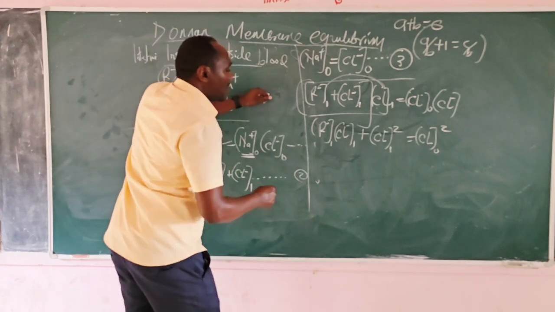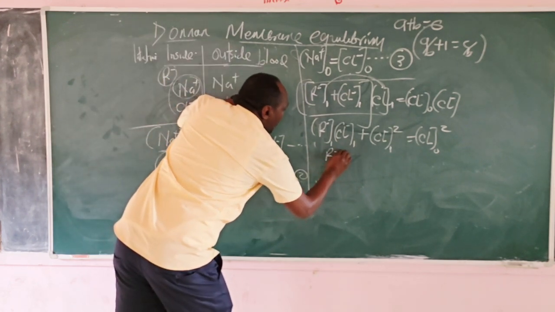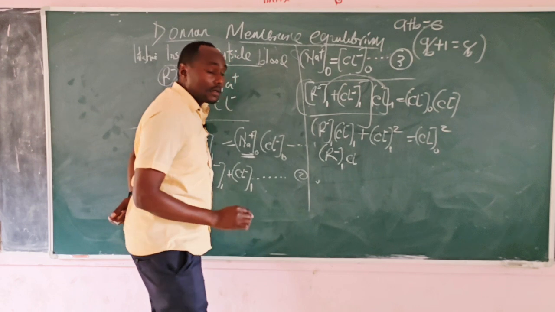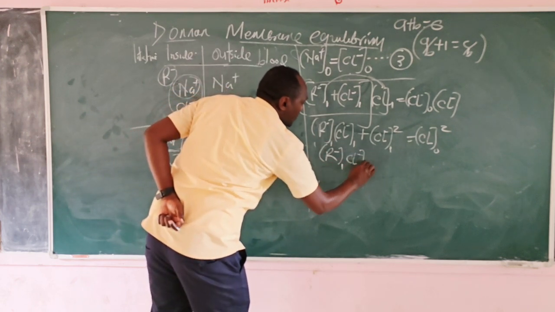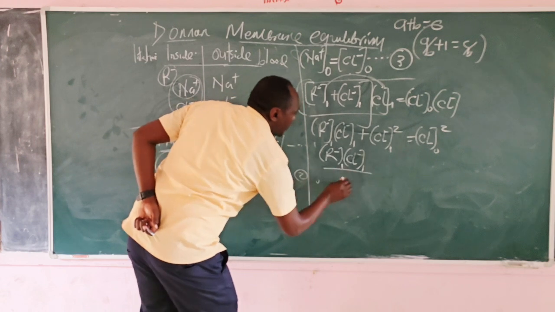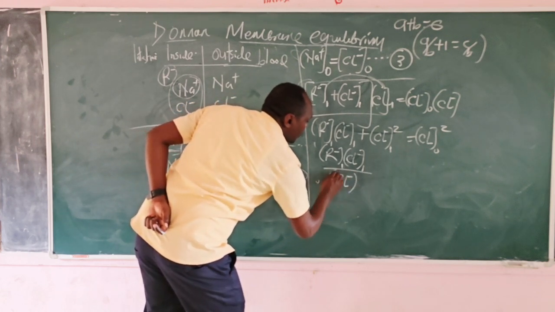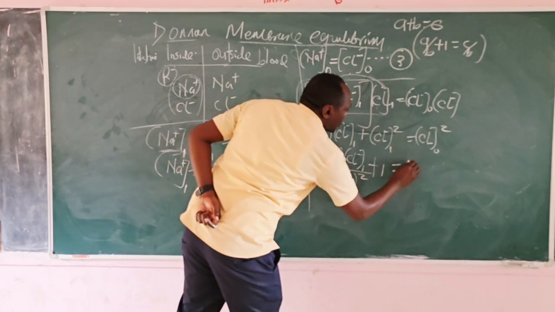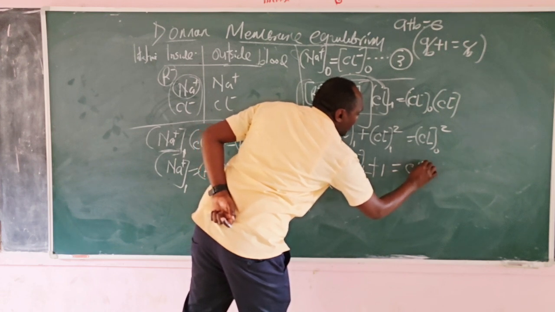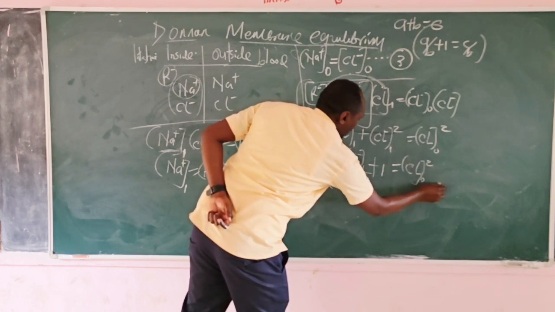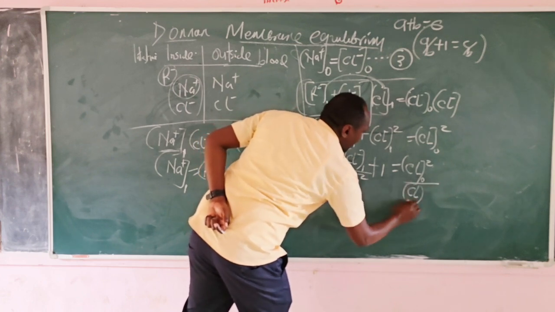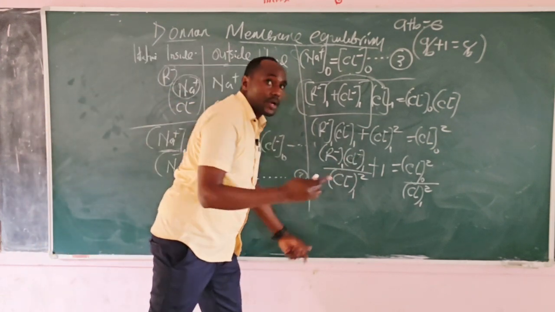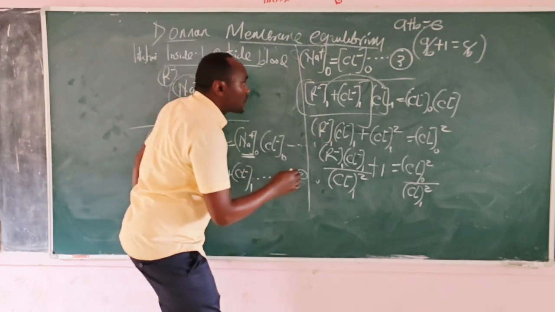For example, that R minus, divided by chloride. No, let me just finish. Minus this one, then divide by chloride inside, plus 1 is equal to chloride outside squared over chloride inside squared. Okay? So this chloride and this chloride will cancel each other. So what we come up with is that